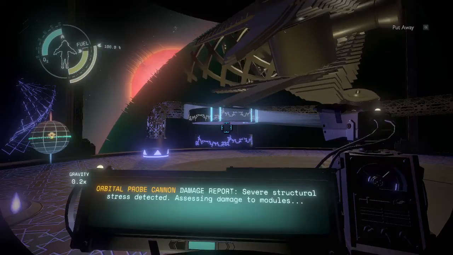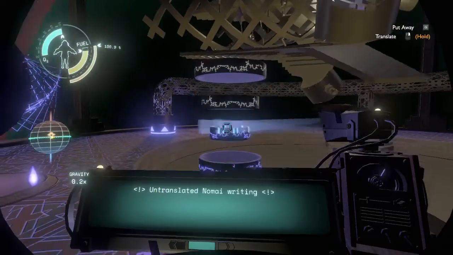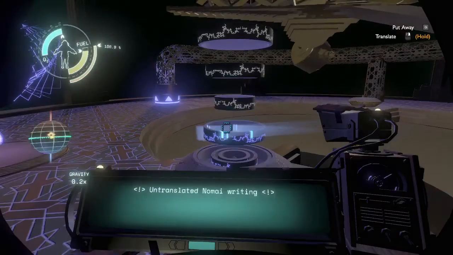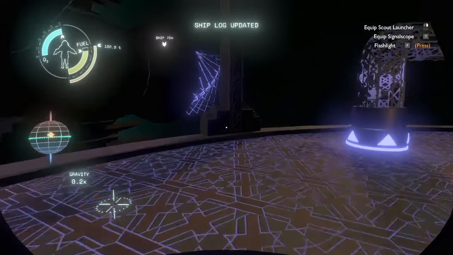The orbital probe cannon damage report. Severe structural stress detected, assessing damage to modules. Control module, intact, no structural damage. Launch module, viewport window fractured. Module exposed to vacuum of space. Probe tracking module, missing. Okay, let me